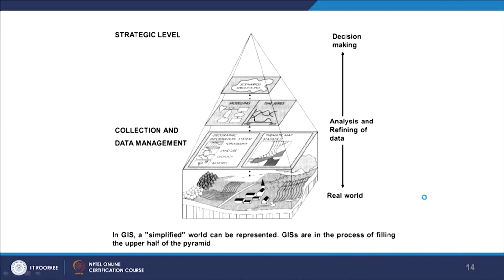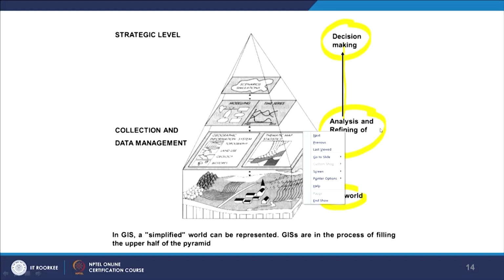Almost the same discussion, but as said, the real world. The important point here is to see the direction of arrows: analysis and refining of data, and then it goes to the decision makers. Decision makers accept certain things, but they ask to do further analysis. We can come back to the real world, can again enrich our analysis part here, and can go back again to decision makers. So the real world is again segmented here into different layers.